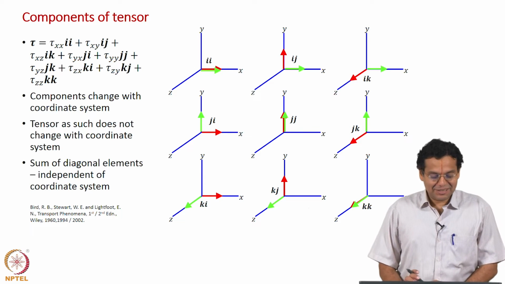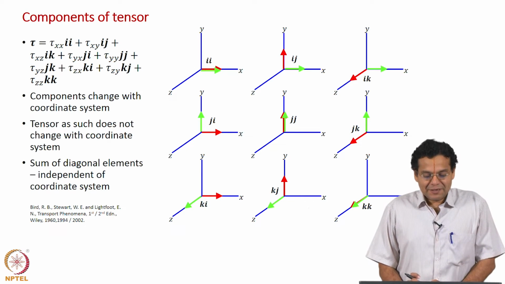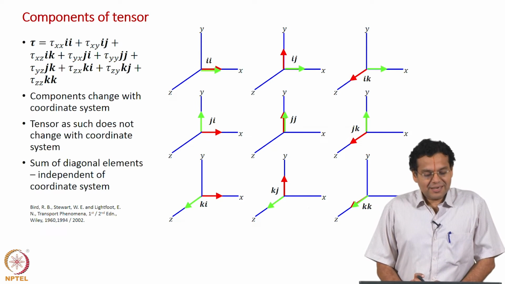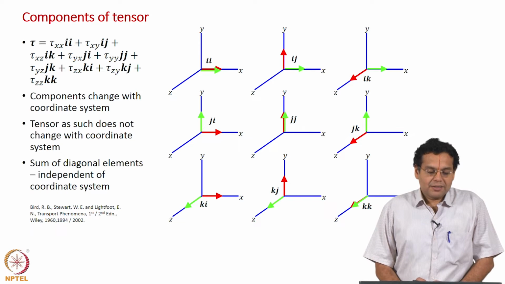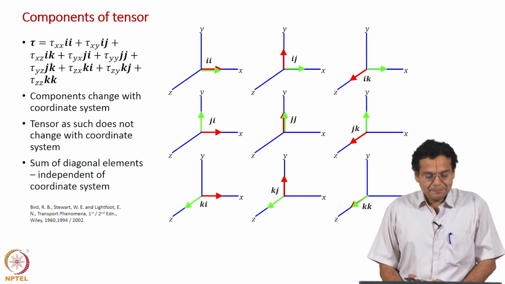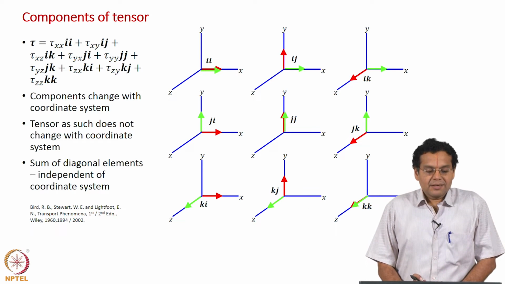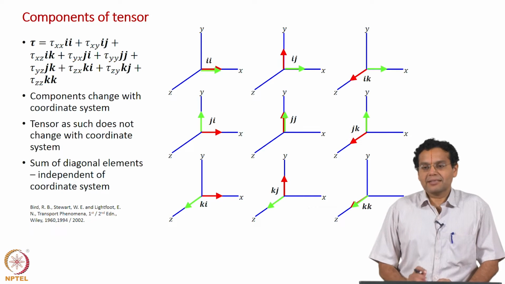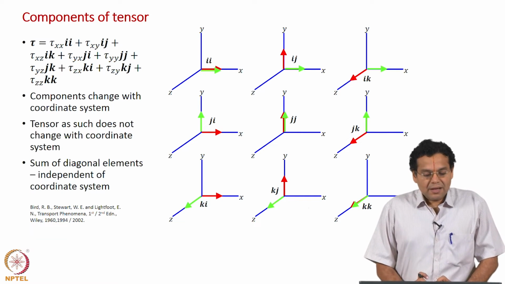Okay, let's continue our discussion on the differential linear momentum balance. A few classes back we had an introduction to tensors, and we said a tensor represents a physical quantity which requires a magnitude and two directions. And then we saw the stress tensor as an example of a tensor, because 9 components were there, 9 pairs of directions were there.